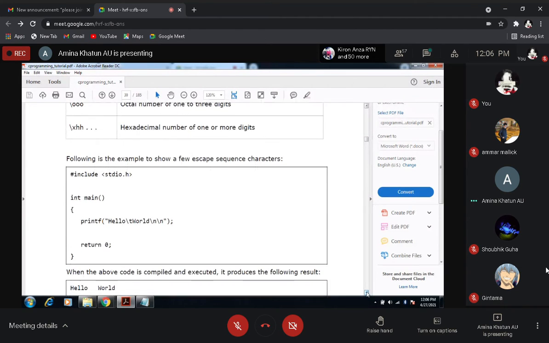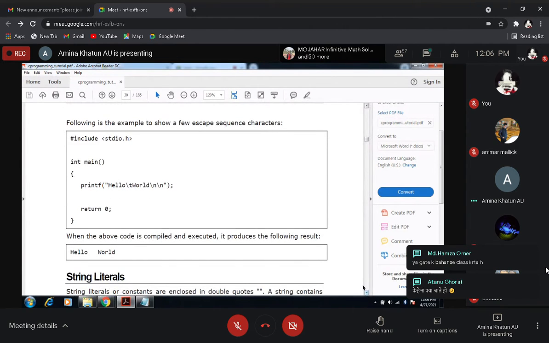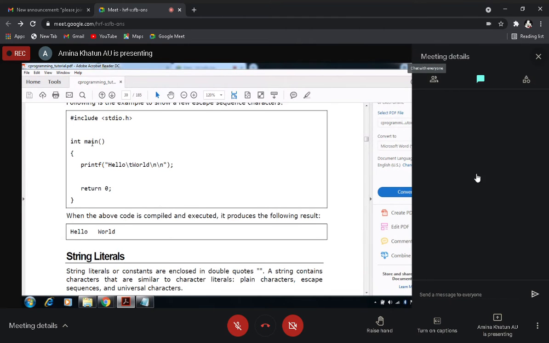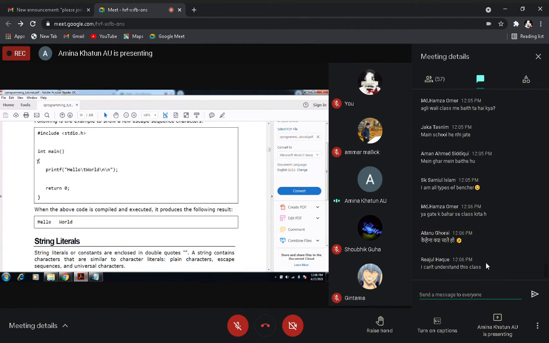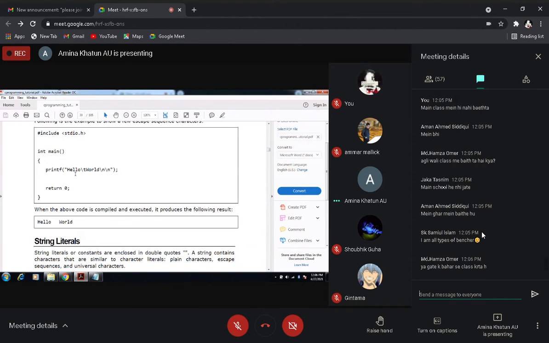Okay. So let's see one example with this escape sequence character. Suppose you have a small program. In a basic C program, we have to start from the header file. When we do programs, we will understand that this is the hash include stdio.h. This is a header file. Then we have to start from the main function. So this is the main function, and this is the opening brace, this is the closing brace, and here we are just printing a simple hello message, hello world. So printf hello. Then we have taken the escape sequence \t.